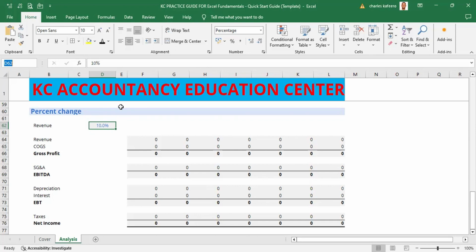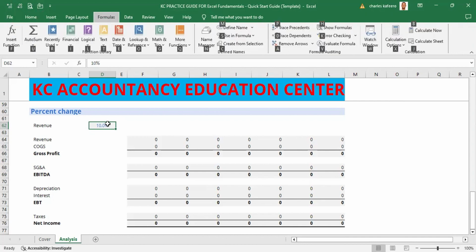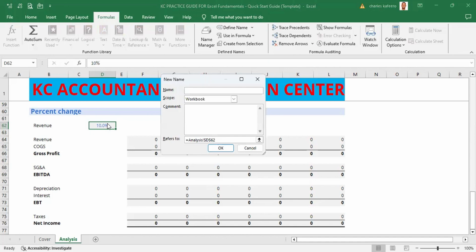So with the cursor in this cell D62, we are going to tap Alt and then we go to M. We hit M for formulas, and then another M for defining name, and then we go to D to define the name. When you hit D, you'll see that this dialog box comes up, and for the name we are going to type there the word increase,